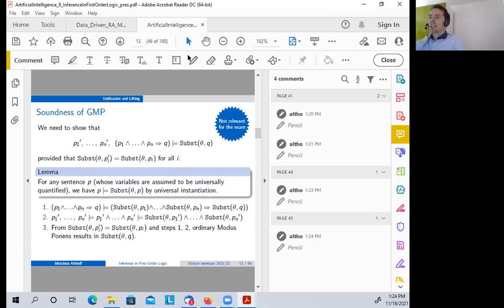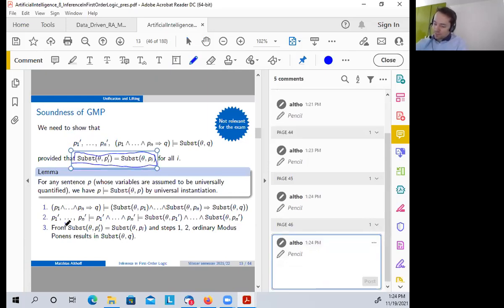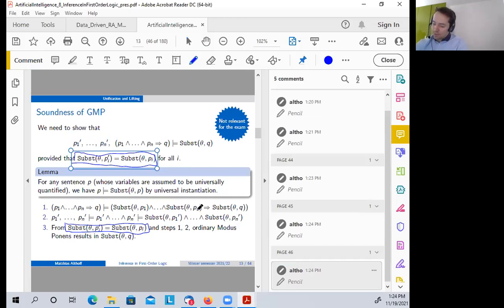And finally, we put everything together. This is given, so we can find the substitution. And by using these two steps from before, step 1 and 2, we can just use ordinary modus ponens, because what we have is that the premise is true, which is here. And because that is the case, we can make this conclusion that this is true.